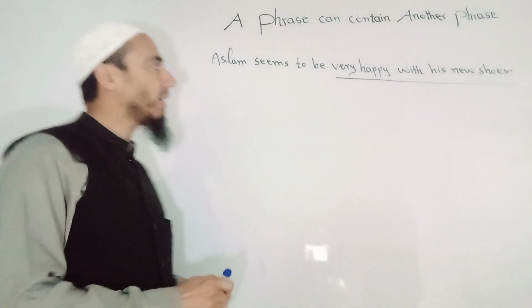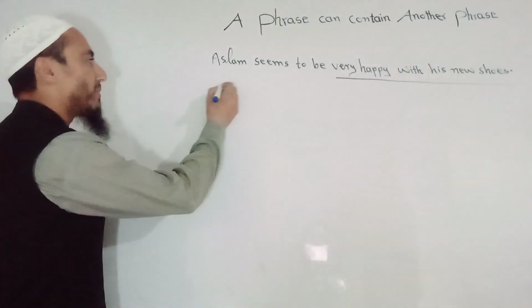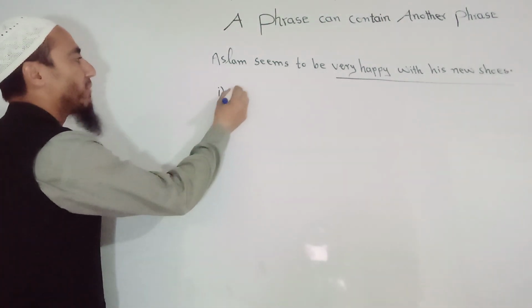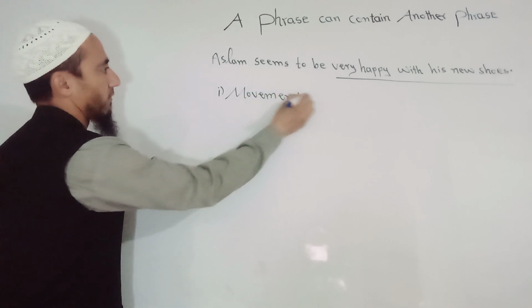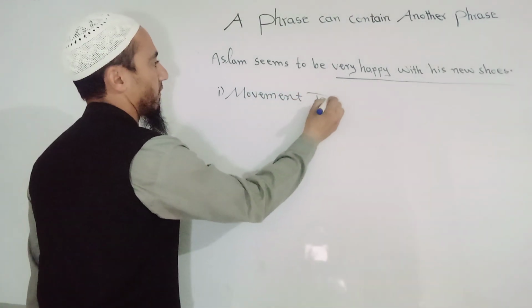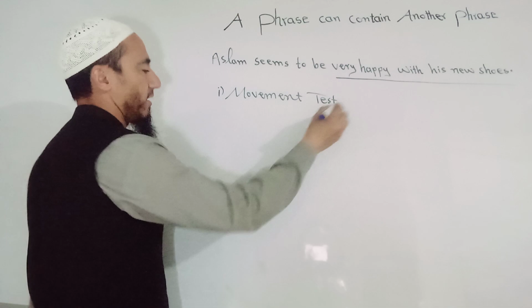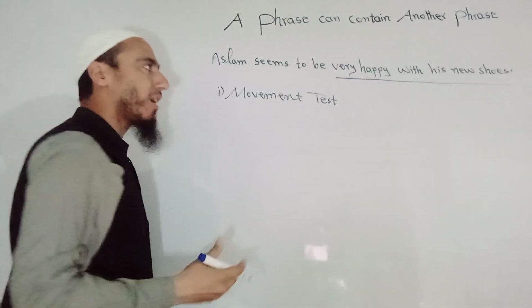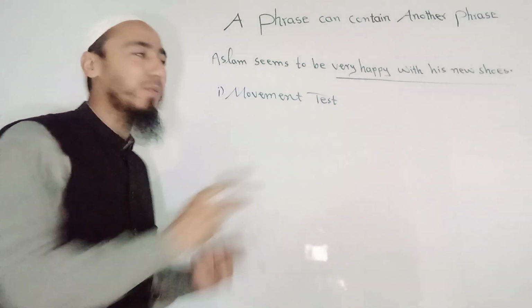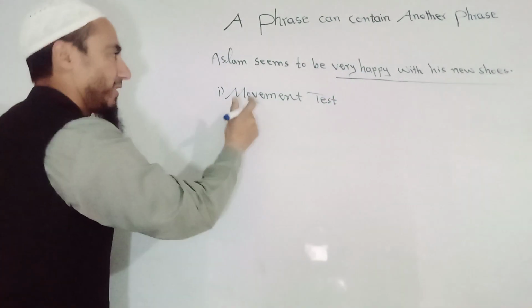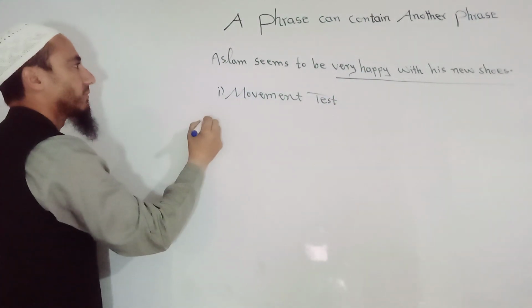How is it? For example, first of all, I'm writing the movement test. So with the help of the movement test, this test tells me that there are two phrases in this phrase. For example, I am writing